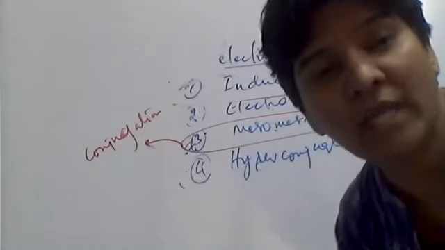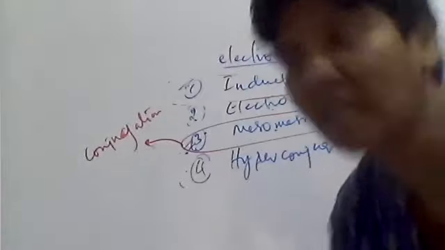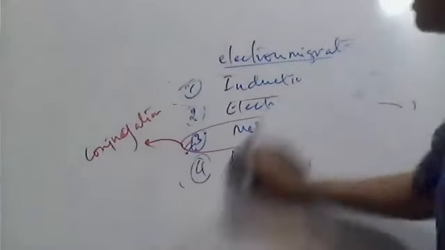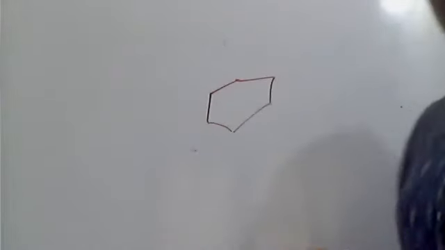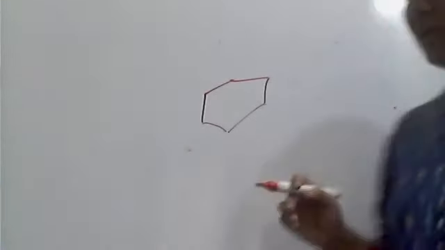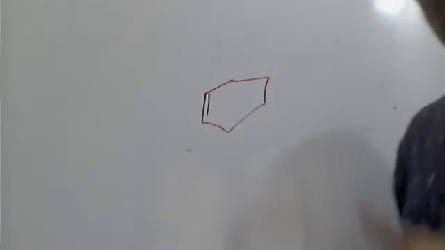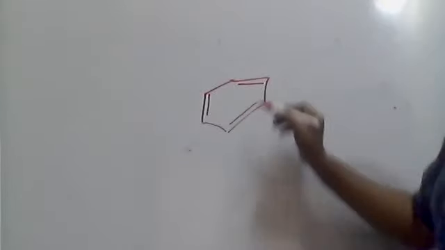So the mesomeric effect or resonance effect is seen in a conjugated system. What is a conjugated system? Just now I wrote that. A double bond, next a single bond, after that a double bond, single bond. Any compound containing alternating double bonds and single bonds is called a conjugated system. Like benzene. Take cyclohexane. Is it having any double bond? No, saturated. But if I put a double bond, it is cyclohexene. Now one more, cyclohexadiene. Then one more, cyclohexatriene.